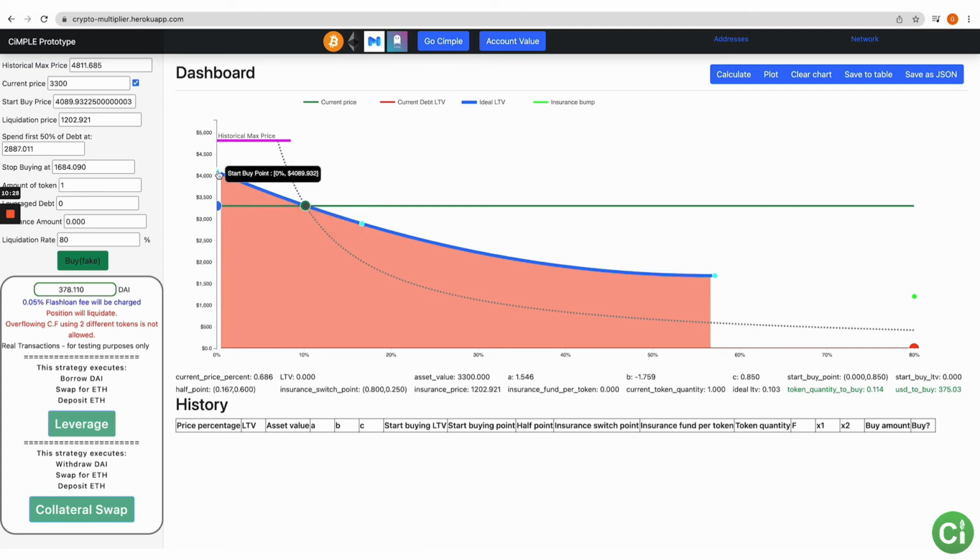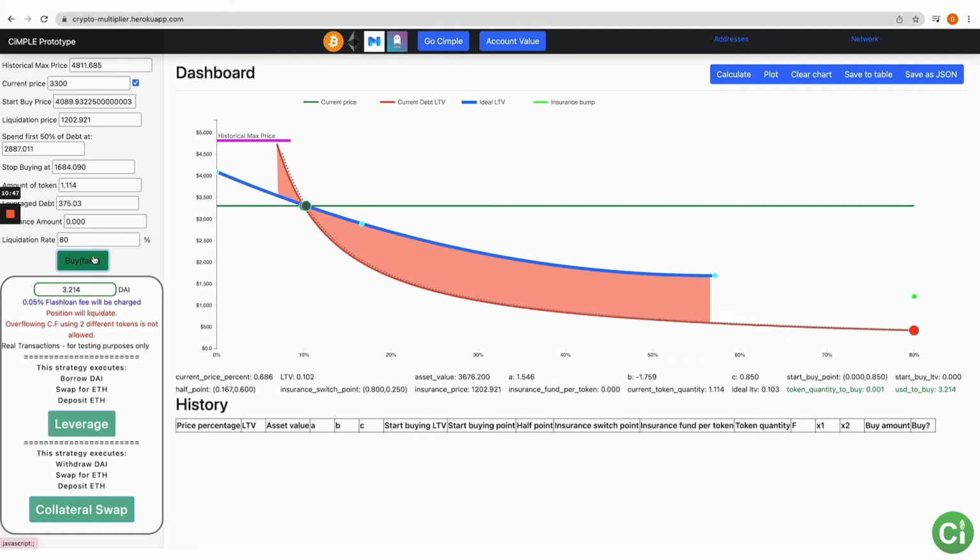So by defining it at 15%, then if it does hit a 30% or some larger amount than 15, then there's a reasonable amount of debt you could take on, right? So that's one of the reasons why we pushed it up to 50. And so let's say that you buy it at the 3,300, okay, which is telling you 0.114 tokens for 375 DAI. Let's make that trade, okay?